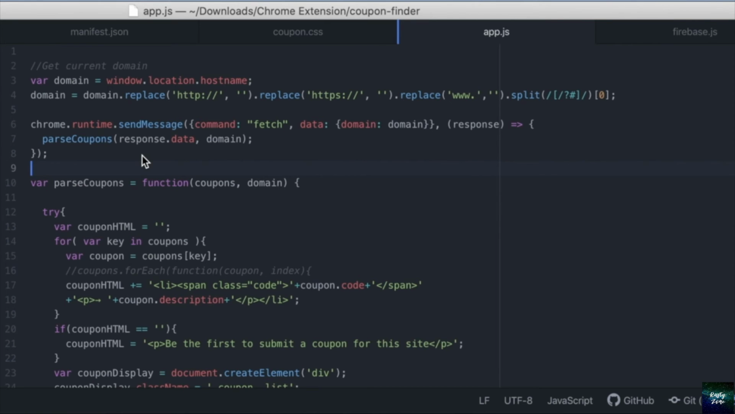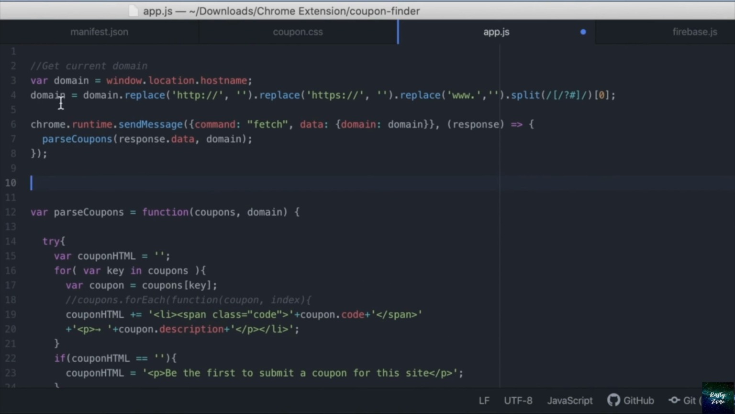Welcome back. So in this next video we're going to first create a function that we can use to send the coupons that the users are submitting through into our database. So to do this we're going to go up to the top here after we have our Chrome runtime send message function, and we're going to create a similar function but for submitting information to Firebase rather than fetching. So we'll start by creating a variable function like this. It will say submit coupon,